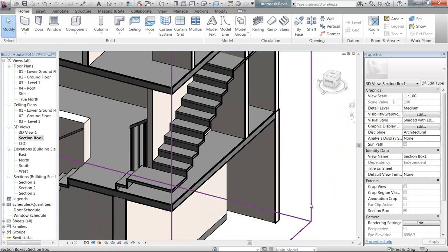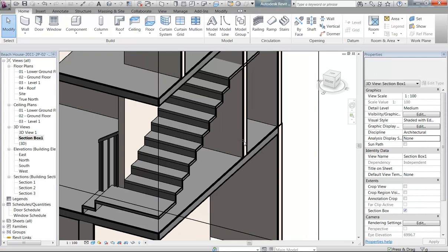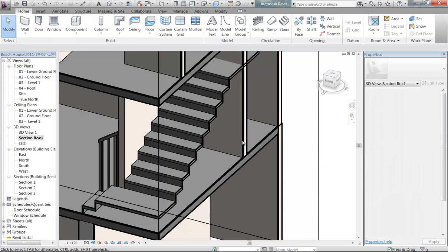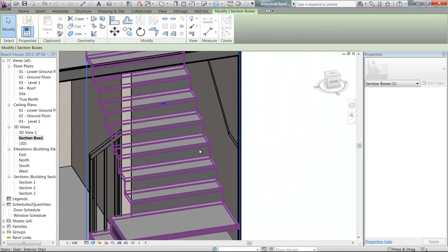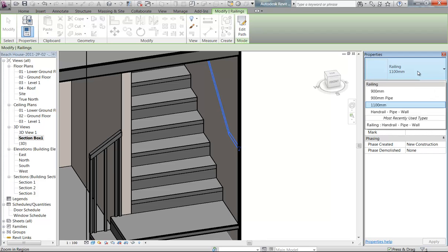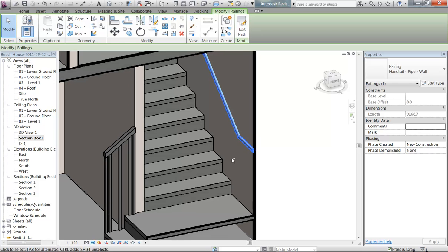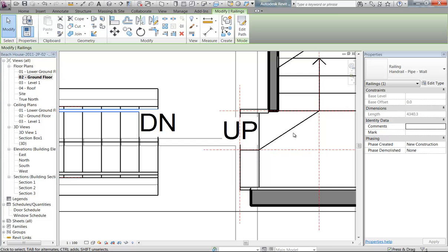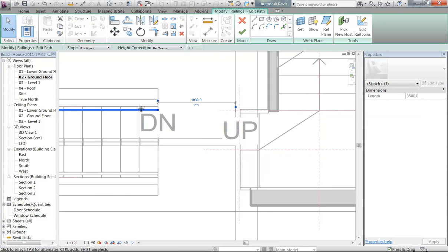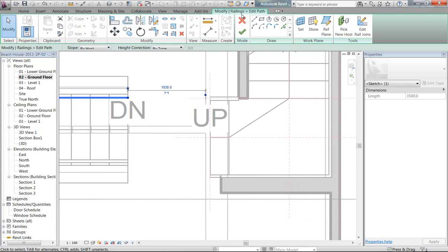Now I'm going to go to section box and just drag that out a little bit more so I can see the other railing. Now it can just be changed to handrail pipe wall, so it should just go alongside the wall, but then in plan I can bring that across. Now I'm just going to check on this one, how far did that come, 50 mil? Yep. Okay, so I'm just going to bring that one across the same amount, so I'll just finish this,